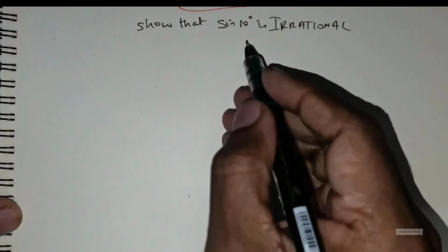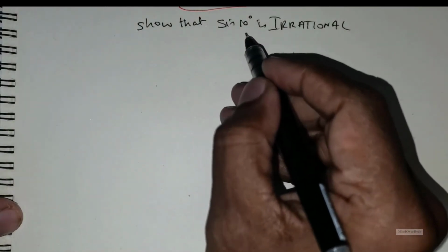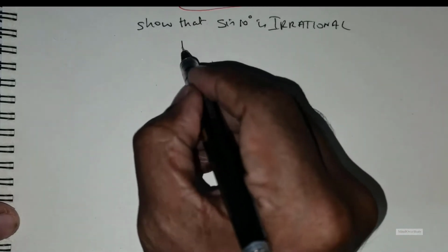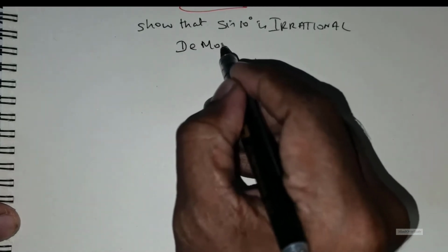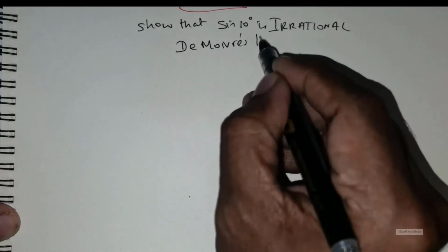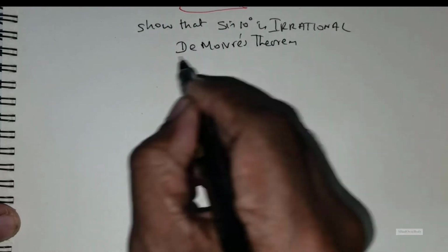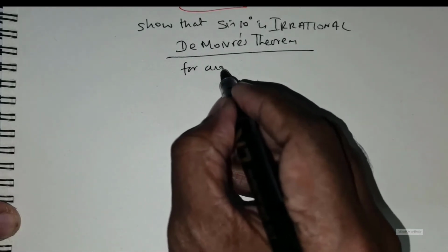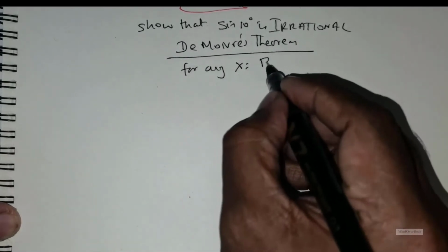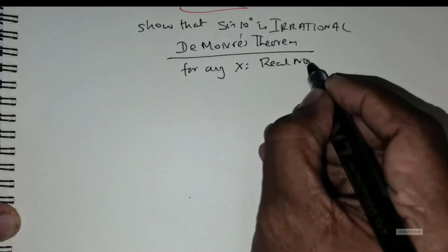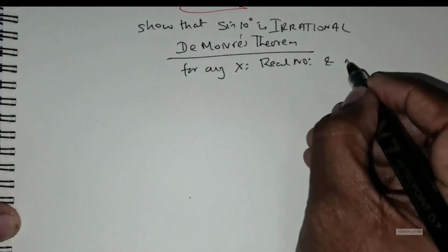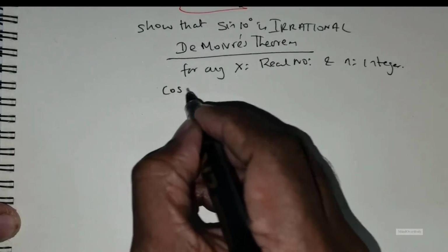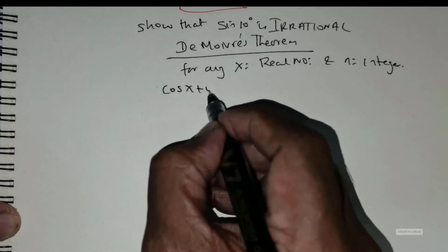Students, in this class we will learn how to show sine 10 to be irrational. Now I would be using De Moivre's theorem to show this proof. For any x real number and n an integer, we have (cos x + i sin x) raised to the power n